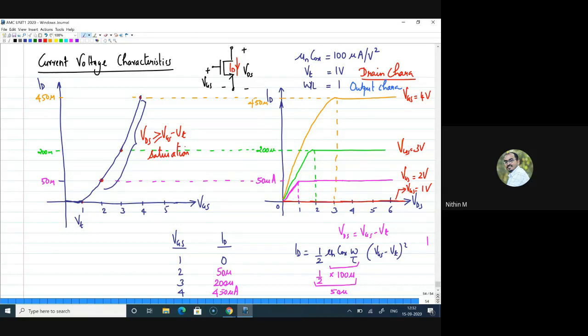And since this is between gate and drain, we generally call this characteristic the transfer characteristics. Why transfer characteristics is because generally gate is considered as input, though I cannot say this generally. If you look at MOSFET as a two-port device, gate as the input and drain as the output, this will be the name we can give. This is drain characteristics and the other one is transfer characteristics. Right. So this is all about the characteristics of MOSFET.